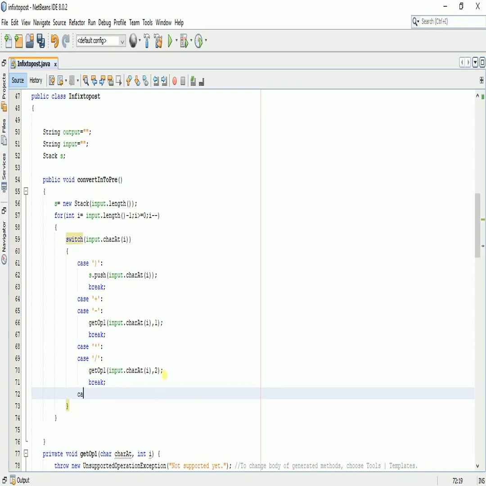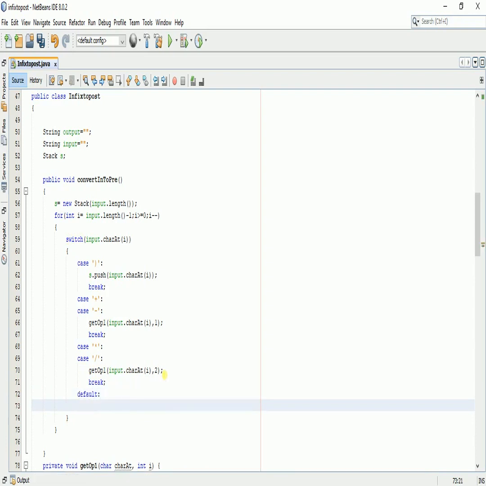Now, sorry, I will use a default case in which, if our value is not an operator, not a parenthesis, not a plus, not a minus, not a multiplication, not a division, then this will be our operand, and our operand will be stored in this output string, in this default case.